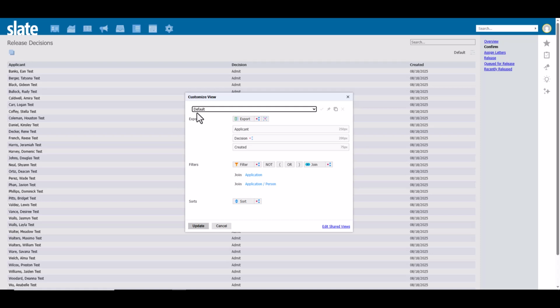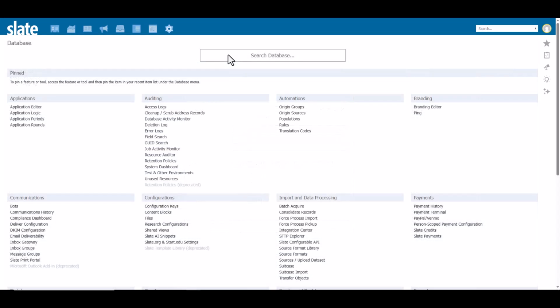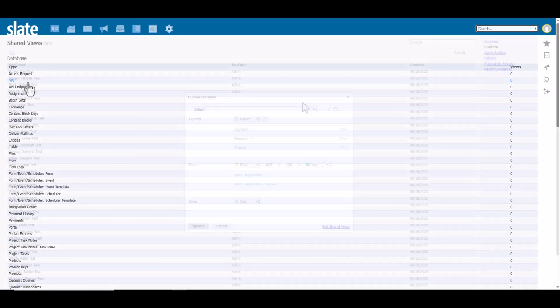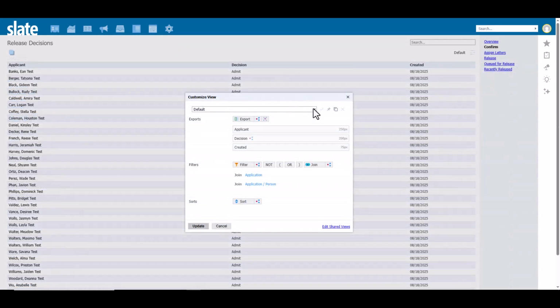Currently, the default view is in place. The default view can be configured in the Shared Views section of your database. You can also create additional shared views. Users can select one of these views or create and save personal views from within the Release Decisions tool itself. Views can be created with filter criteria that will allow a user to see only a certain decision code, like admit. If you can query on it, you can create a view to limit the records available in the Decision